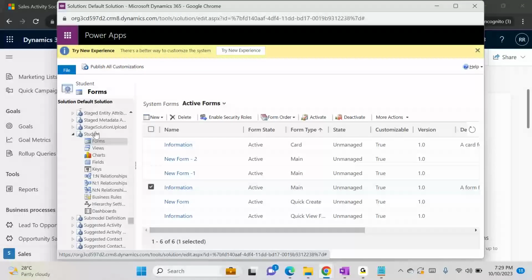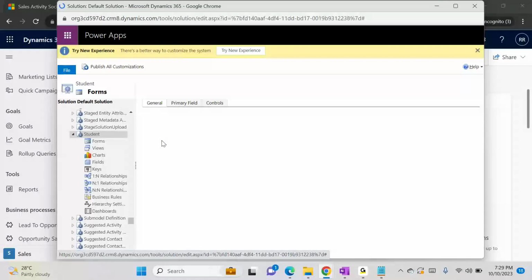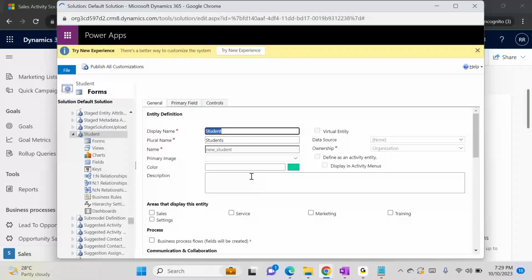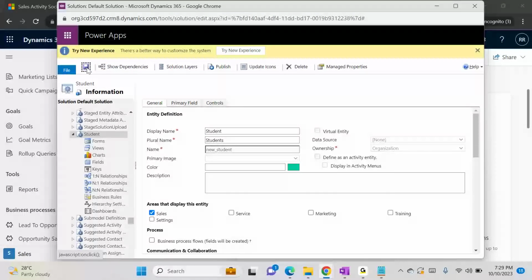Then I need to place the entity in sales. Let's say